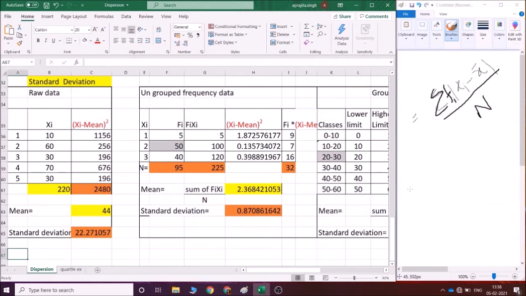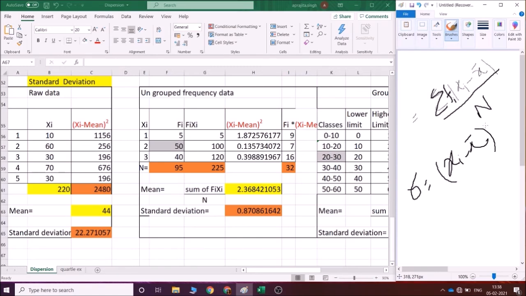So how does the formula look for a standard deviation? This is how you write it: sigma, standard deviation, is equal to xi value minus the mean, that is x bar. The writing is not that good, but we have to square it up, and then you sum it up, divide this with n, and then find the square root of this.